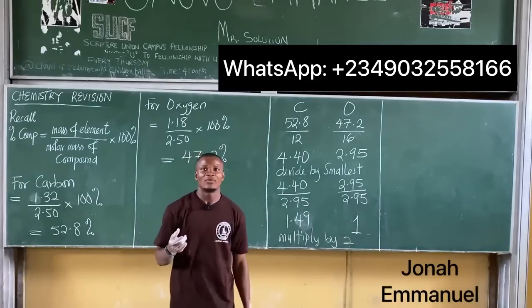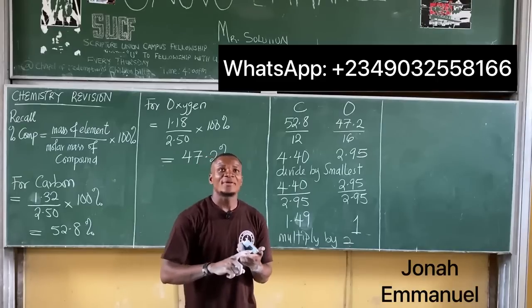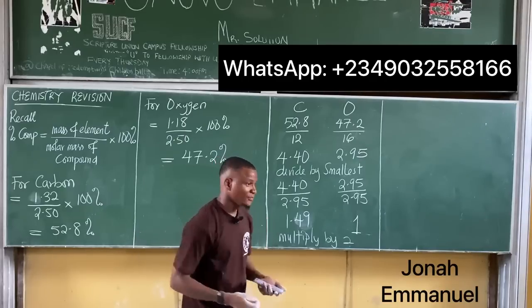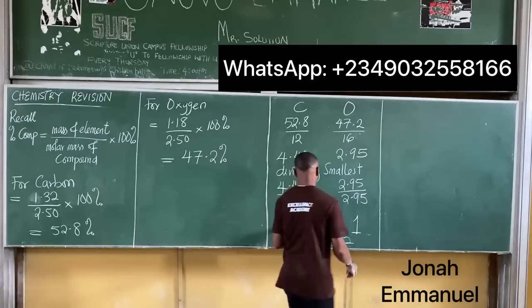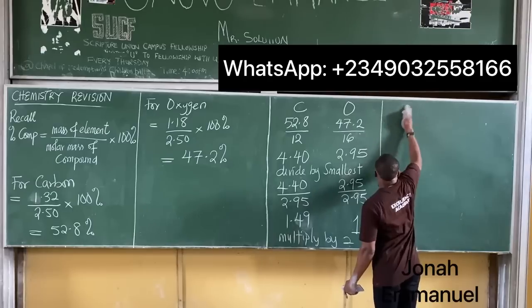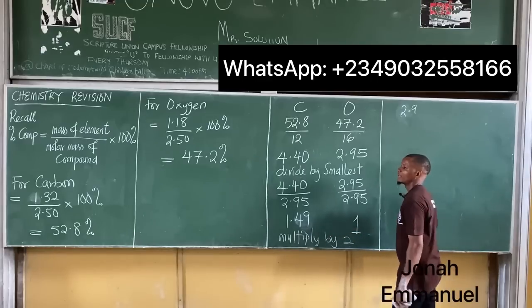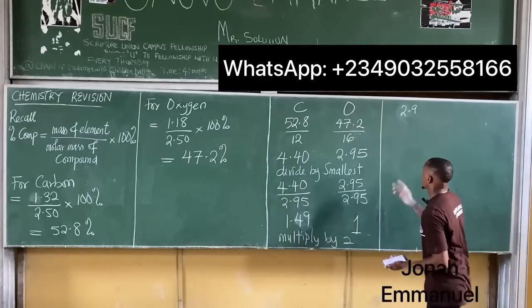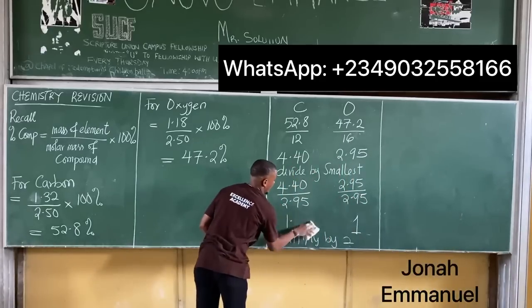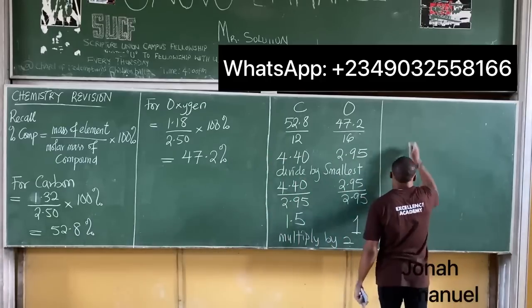I've done a video on empirical formula. Please go and check it. In some cases, you multiply by 2. In other cases, you convert to the nearest whole number. So please go and check out that video. For this one here, I'll multiply by 2. Multiply this by 2, and you have 2.98, which is approximately 3. Let's use 1.5, so it gives me 3 at once. So don't start going about the bush. So this 1.49 is approximately 1.5. Multiply by 2, I have